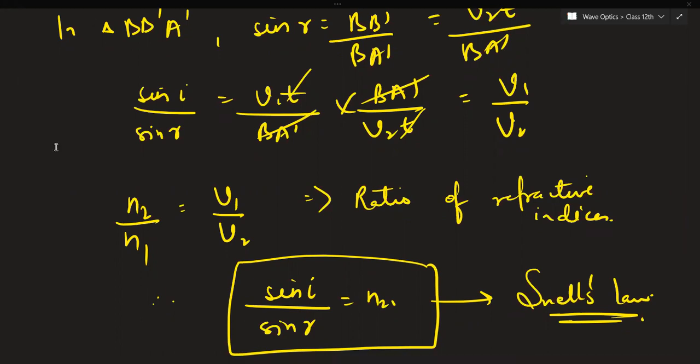Okay, class. So this completes Huygens' principle. That was your first topic of wave optics. We have to start now. See, two topics are left: diffraction and interference. So I think let's start with interference only. Interference is a longer topic, and if you understand interference, diffraction will be completed within the next class only.